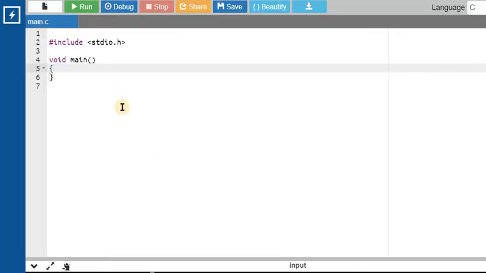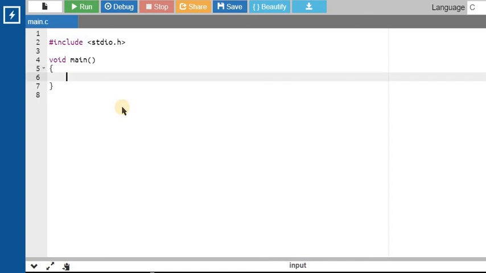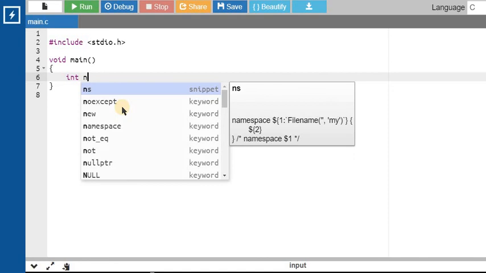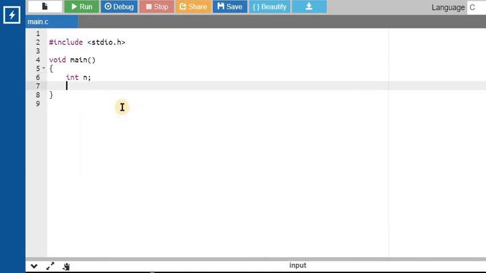Now let us write a simple C program to compute the square root of a number using Newton's method. Initially I need a variable for the number, and since square roots can be floating point values, I'll define two variables, better guess and old guess.